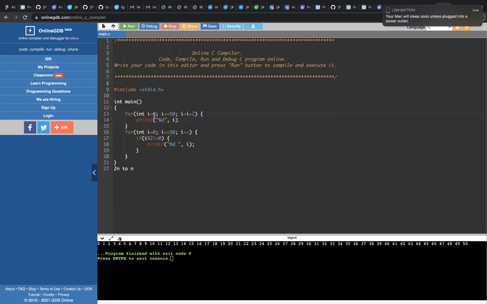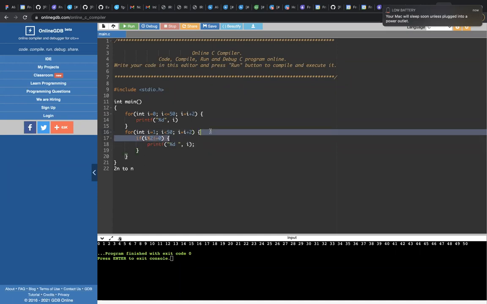So this will print 0 to 50 only with even numbers, as it increases by 2 every time. After printing 0, it prints 2, then 4. In the same way, here I will start from 1, and I will execute within 50, and I will increase it by i equal to i plus 2.